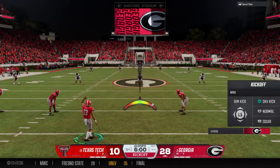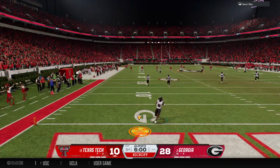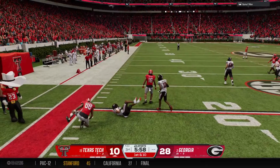Georgia will kick it deep to start the 2nd half. The returner will field it and try to do some business. He was hoping for something a